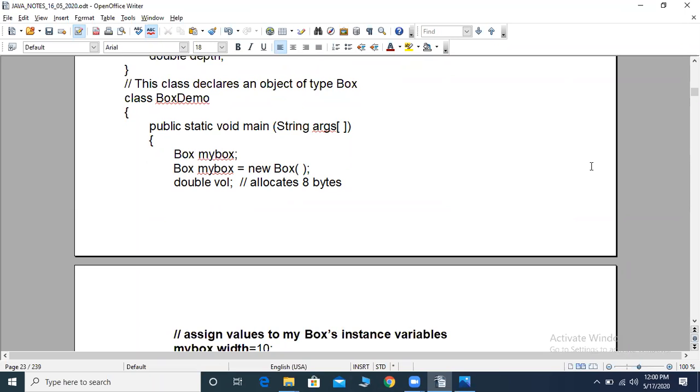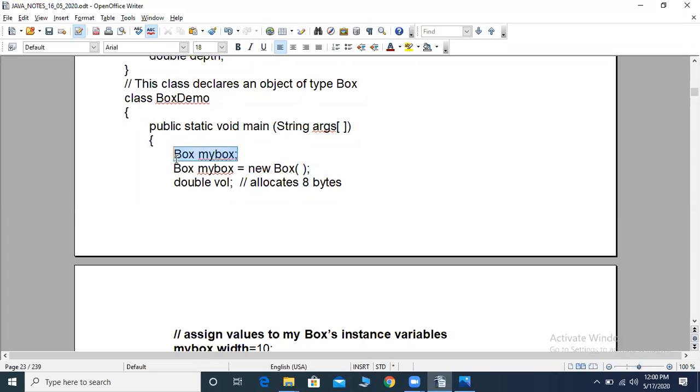That's all. This is the object declaration in C++. By this statement only we will get memory. But in Java, we compulsorily have to use the keyword new. That is the difference between C++ object creation and Java object creation. In C++, by this statement only memory is allocated, but in Java we have to use the new keyword.